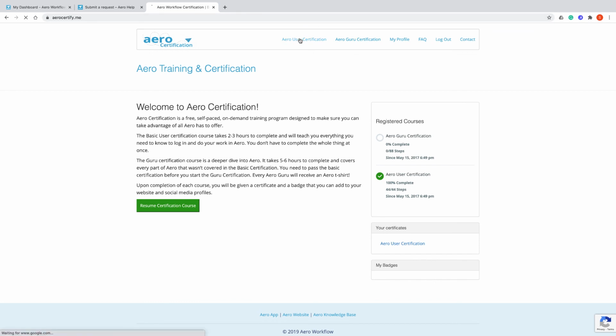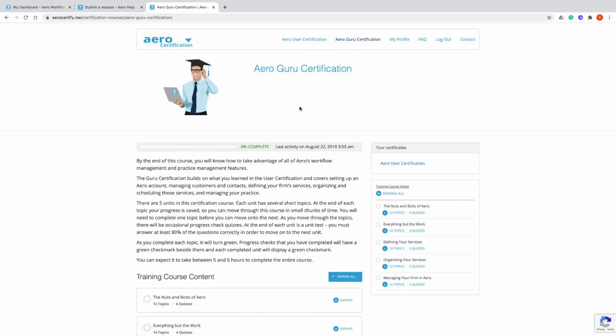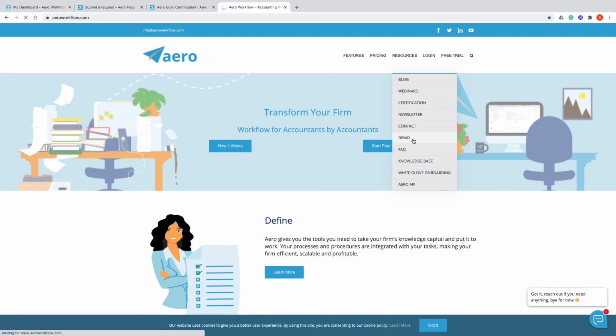There are two courses. There's a user certification that will walk users through how to log in and do their assigned work in Aero. In addition, there's an advanced guru certification that will train users how to set up and maintain an Aero account. If you're interested in learning more about Aero, you can sign up for a free one-on-one demo from our website,